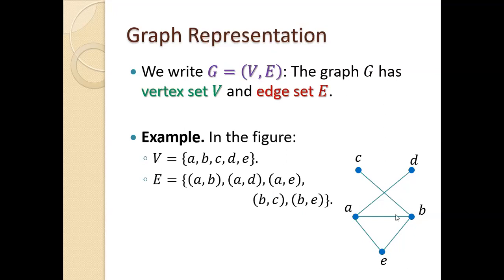For example, here, this graph has 5 vertices. A set of vertices is A, B, C, D, E. That's how we write a set in math using these curly braces. So that's the vertices of the graph. And the set of edges is pairs of vertices. For example, there's an edge between vertex A and vertex B, so AB. There's an edge between B and C, so a pair BC. Set of vertices, set of edges.